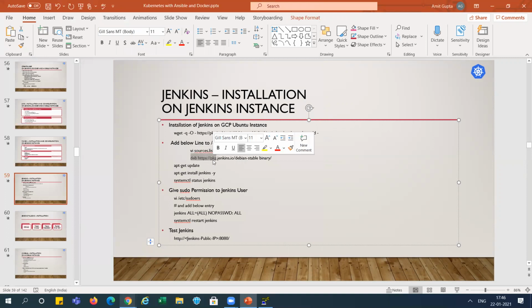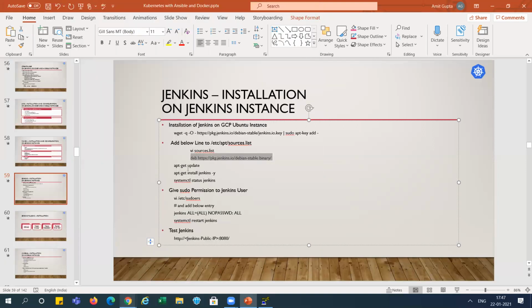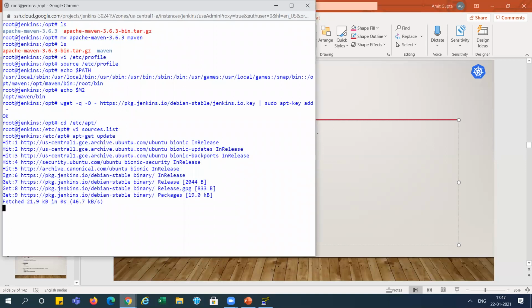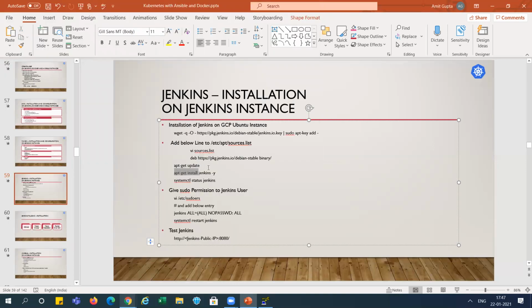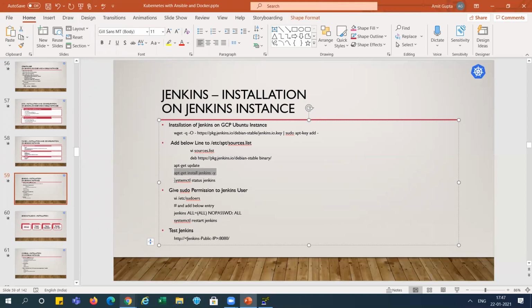Add this line. This is the binary details. This is the Jenkins binary package details. Now after that we need to update it. After updating it, we need to install Jenkins, and we will check the status of Jenkins after that.